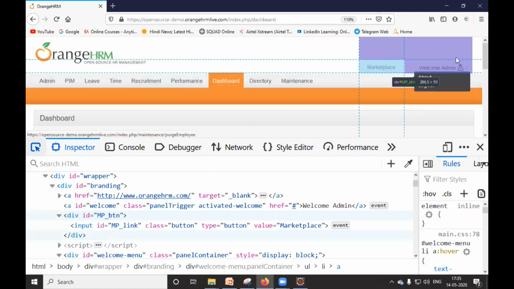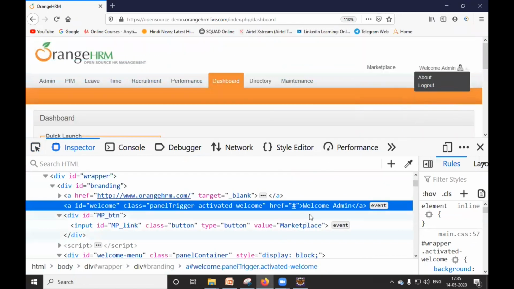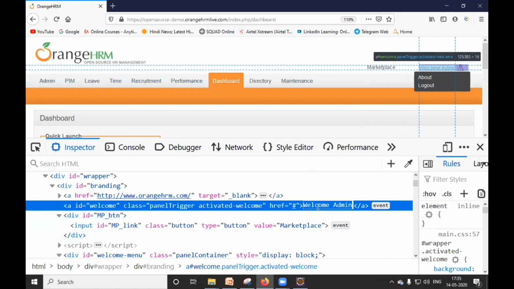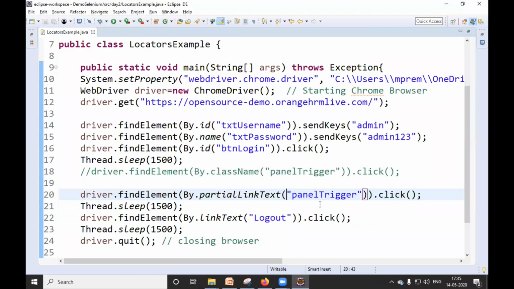If I just give welcome, then also it is sufficient. It is not going to deal with the complete text, just part of that text. So if I say just welcome here, it is sufficient, and it will be able to do its required task. So here I will pass just welcome. Let's see whether it's working or not.